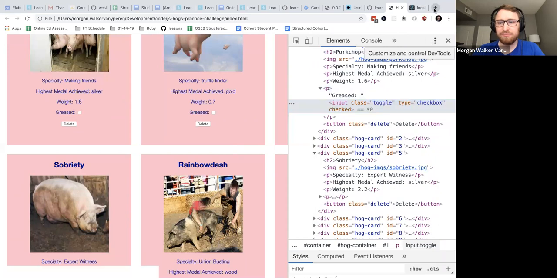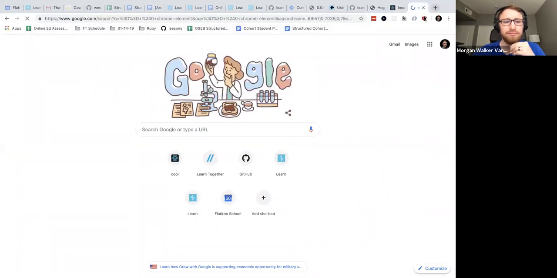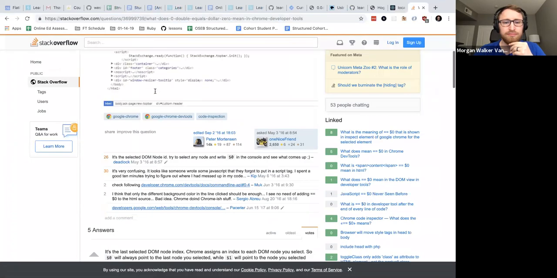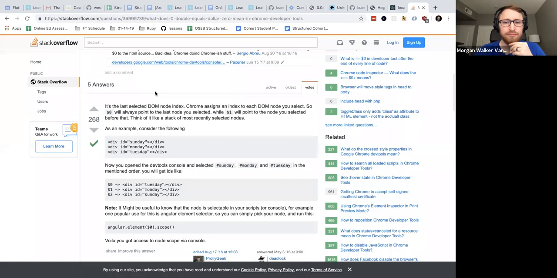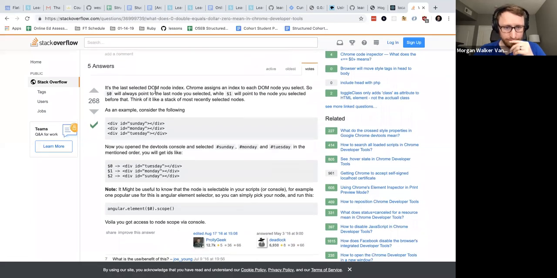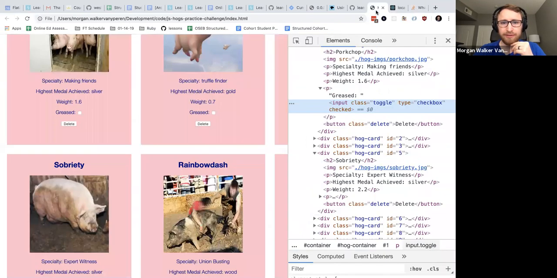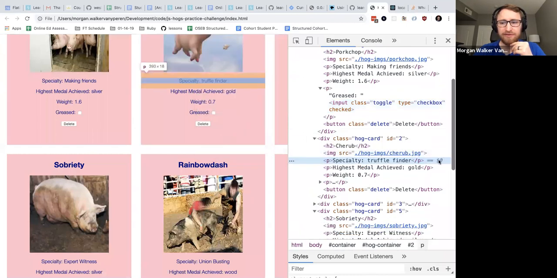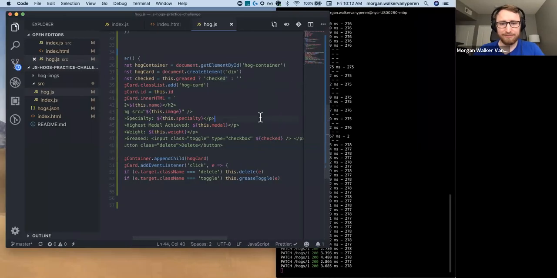Never looked at that before. The last selected DOM node index. So I guess in here, I grab this, inspect, it changes it to that one. Oh, I see. Not totally sure the purpose there, but